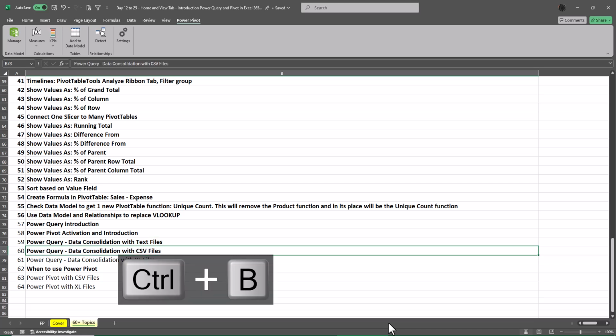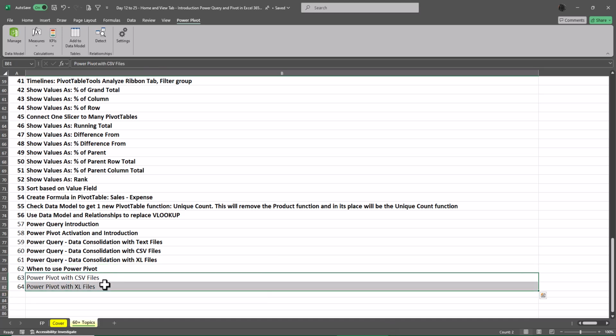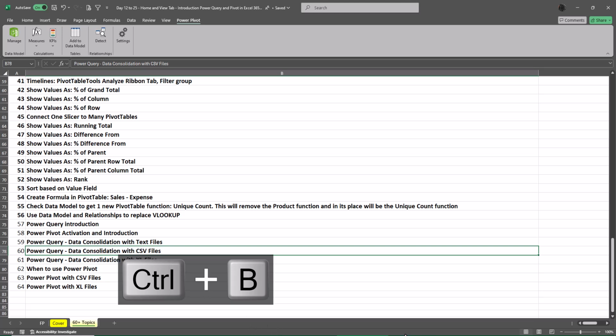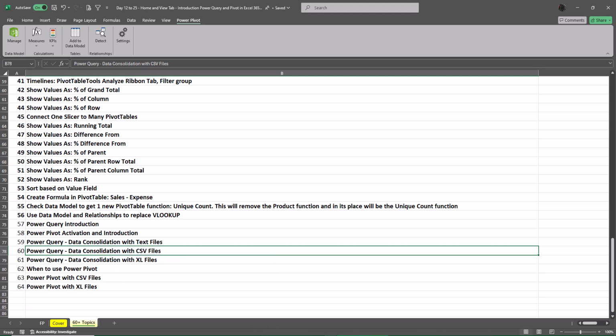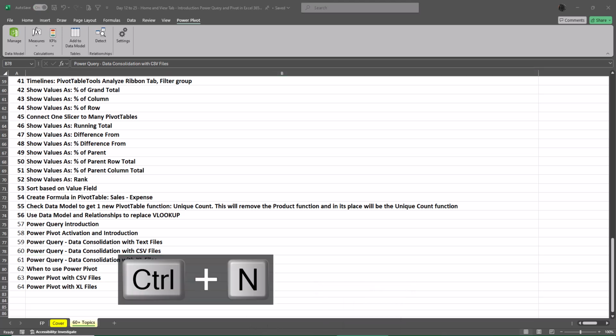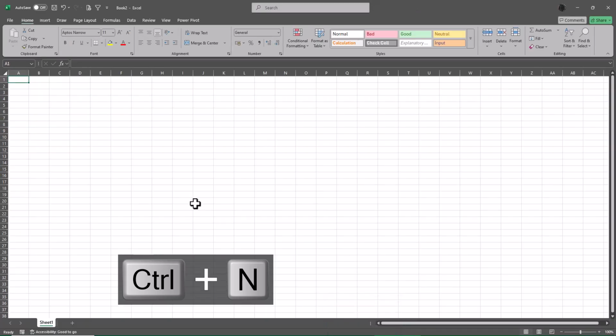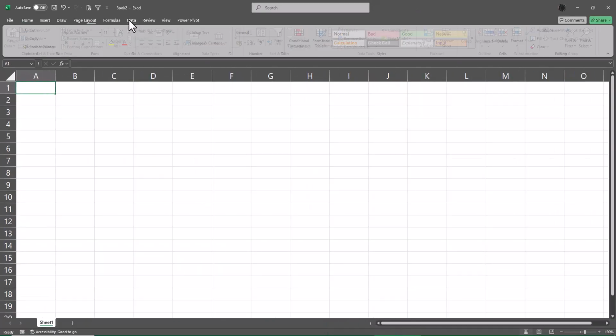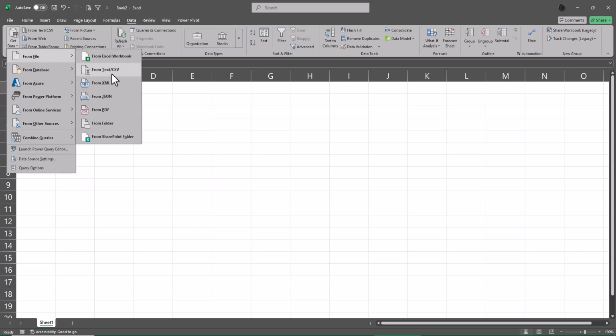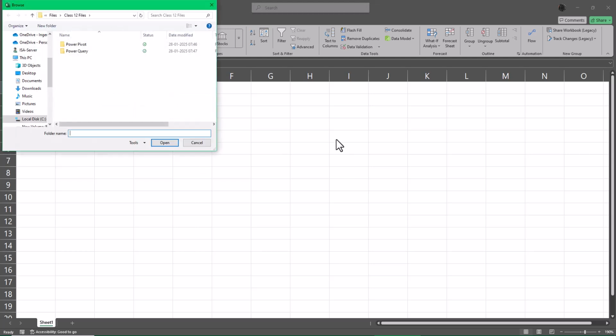I'm going to do that with a CSV file. I'm going to do that with an Excel file too. And if time permits, I will do the other two dimensions also. Again, a CSV file is going to work typically the same way that we use a text file. So I'm going to go back to my data, get data from file and from folder, and then I'm going to go for Power Query, and this time around I'm going to take the South Indian sales